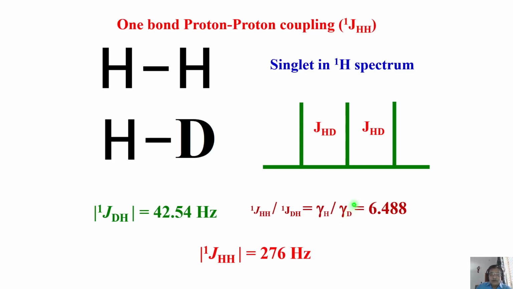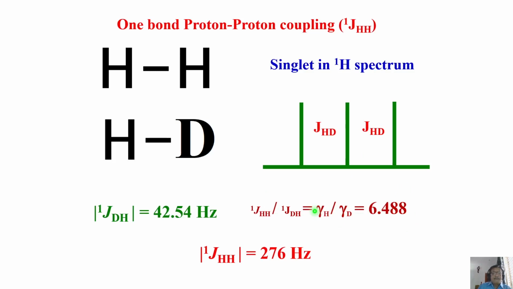Remember, I told you also, the gamma of deuterium is 6.42 times smaller. I was explaining to you the table of NMR active nuclei with their properties, in the first or second class, or one of the classes, and told you gamma of deuterium is 6.48, whatever it is. In some books it is 6.2, 4.42, 4.84, it doesn't matter. You can get the approximate value and the exact value from one of the good books. So this gamma is different from proton by this amount. This is smaller by this amount.